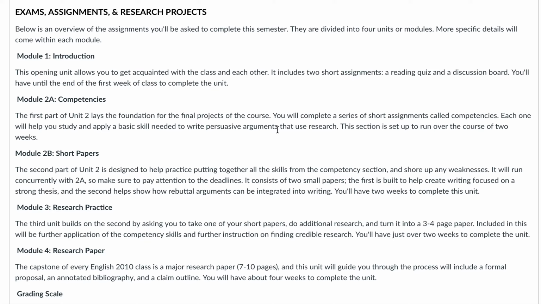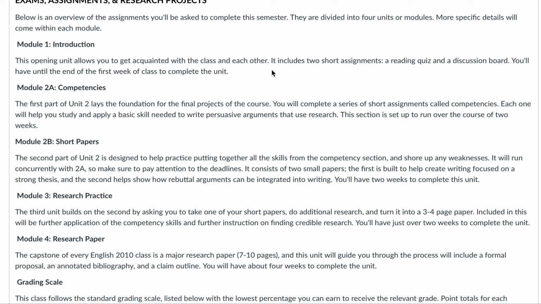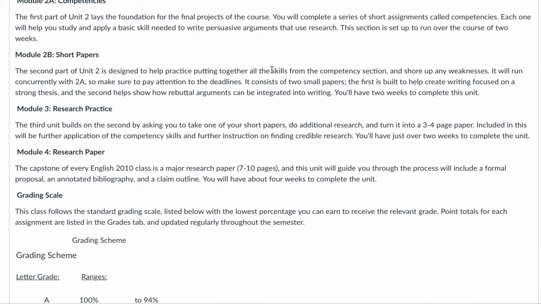Next one, again, usually runs between 2 and 3 weeks, is our research practice unit. So you're just taking one of the papers that you did for unit 2B, and you are expanding on the same topic. You're not working with the same paper, but you're working with the same general idea, and you're doing some research and expanding on it. And then basically the entire second half of our semester is the research unit. I'm going to be working with you step by step, assignment by assignment, to get you up to speed on writing a good research paper, researching for a good research paper, all of that fun stuff.